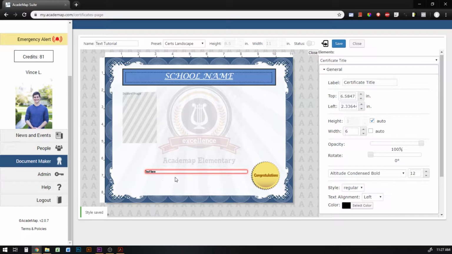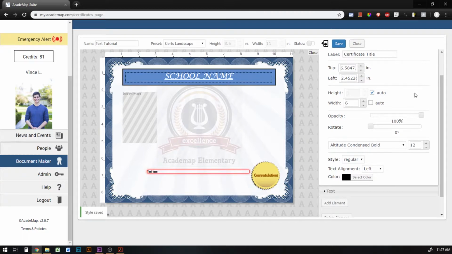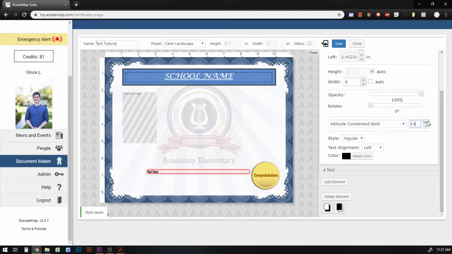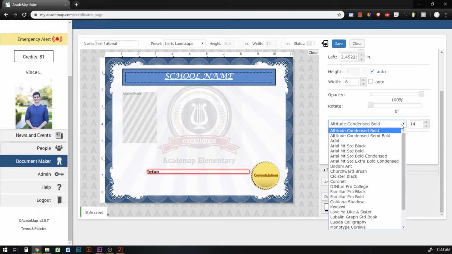This is particularly important if you're going to check customizable in the detail setting so that people ordering or creating certificates can enter their own text into the field. So you don't want that text either getting cut off or overflowing into other things. You want to make sure that this text space fits the maximum amount of space that you have on your certificate or your document. And the best way to do that is to set a width and then leave height on auto. So you can change the font, you can change the size of the type, just like the student